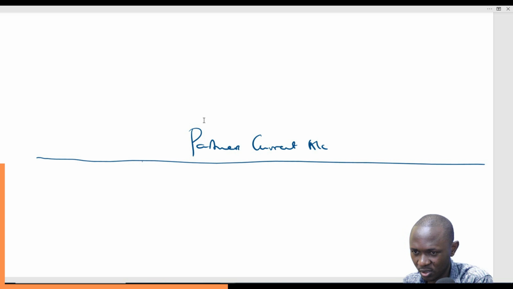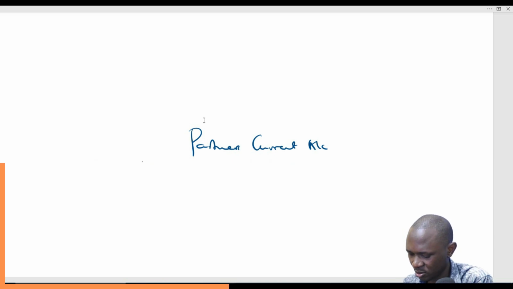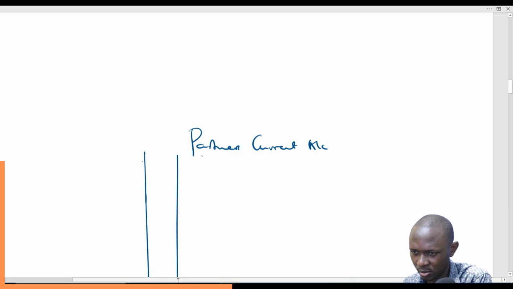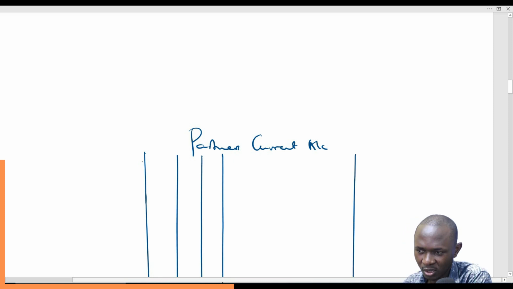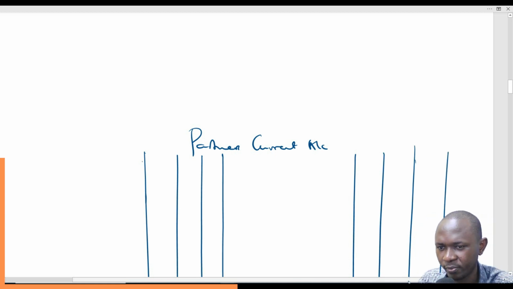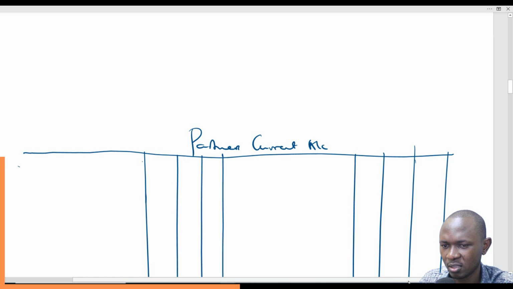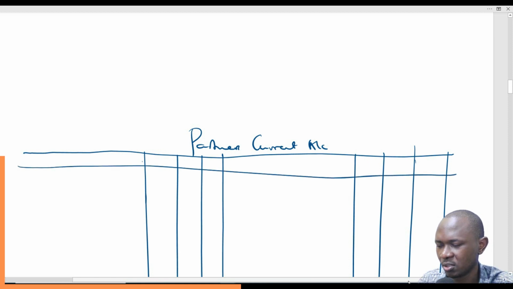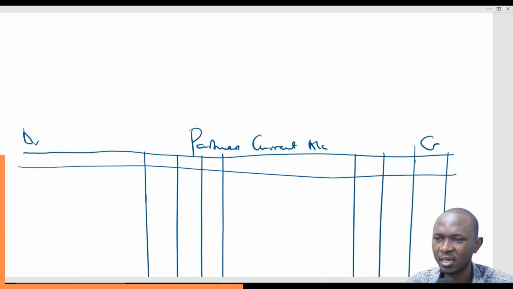So we'll have the 3 columns like that, and then again like that. Good. So then let's have this horizontal line flowing like that, and then this one also flowing like that. Good. So then we have the credit side and we have the debit side of the partner's current account,